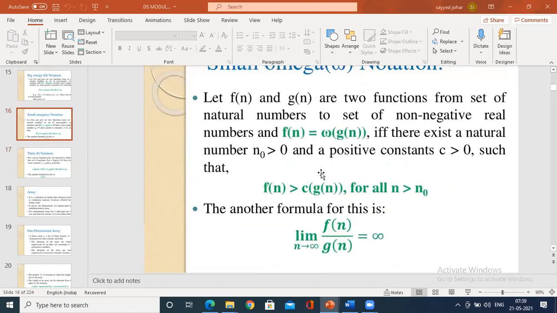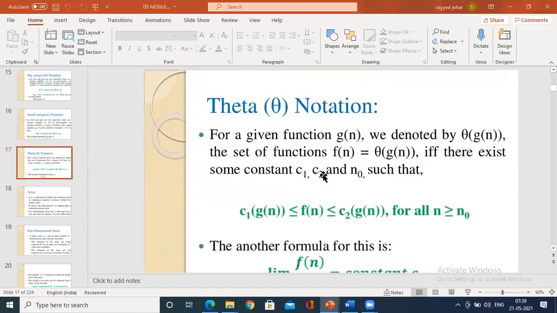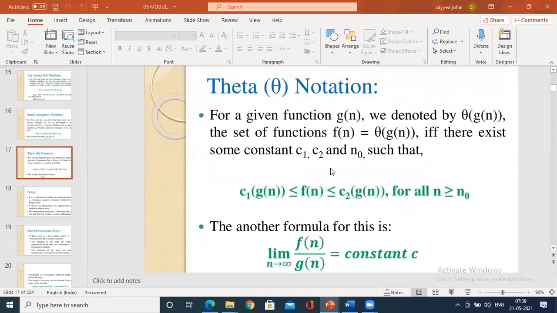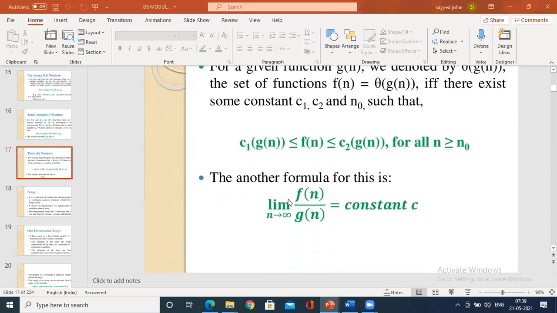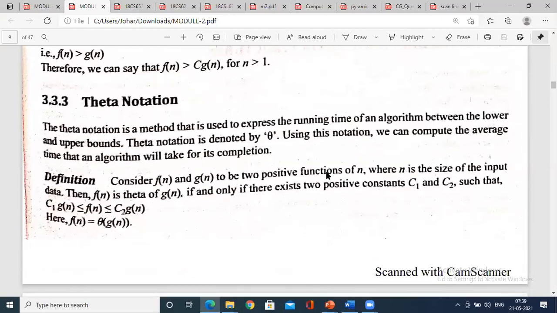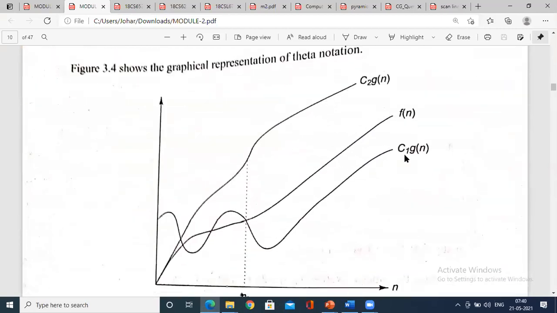So theta and big O, these are used to represent the time complexity. So theta notation is being used to represent in between, that is, to calculate the average for a given function with theta g of n, right? So you could see the f of n falls in between c1 g of n and c2 g of n. In order to calculate this, f of n should be in between. So graphically you could represent the theta notation like this, right? In between c1 g of n and c2 g of n, we have this function f of n.